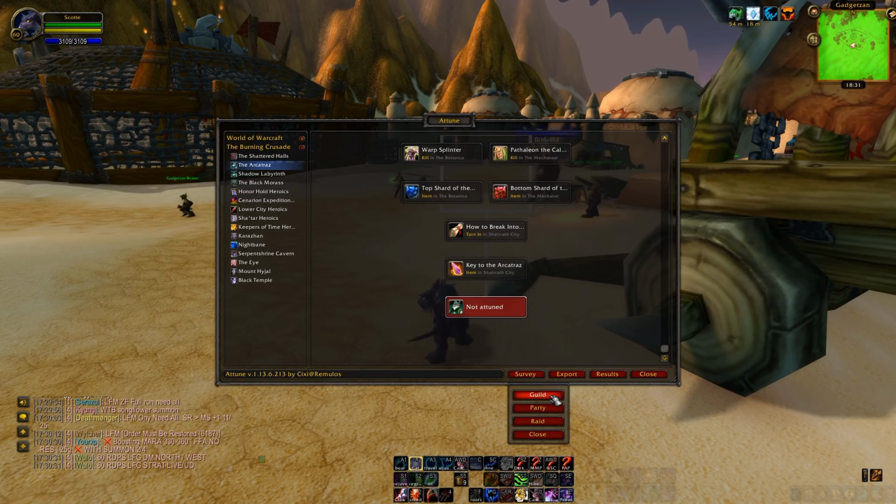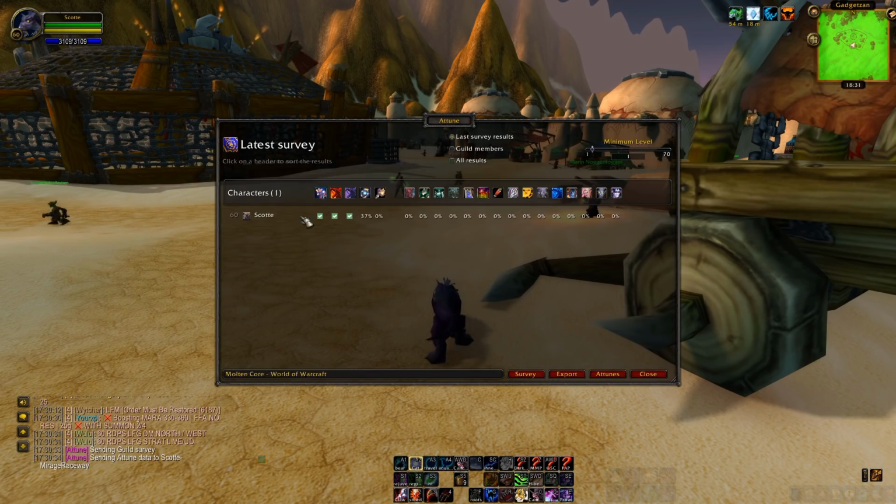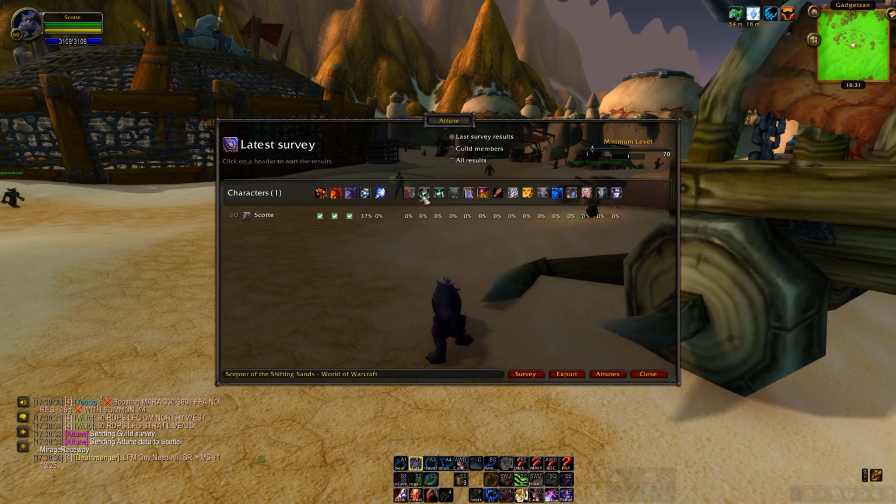So you go to survey and then look at your guild, and you can now see, obviously no one in my guild's actually got it, but you put a guild survey out and then you can see who is attuned to what percentage of the way through the attunement they are. And then this means now, as a guild leader, it makes it very, very easy for you to see who